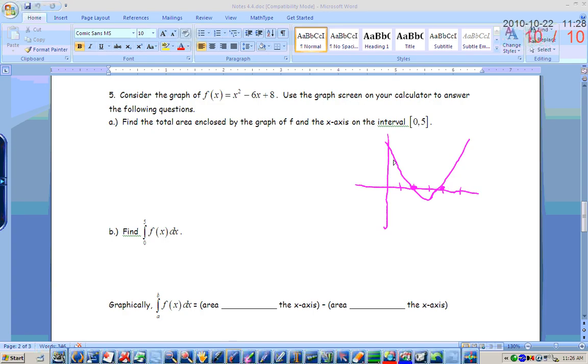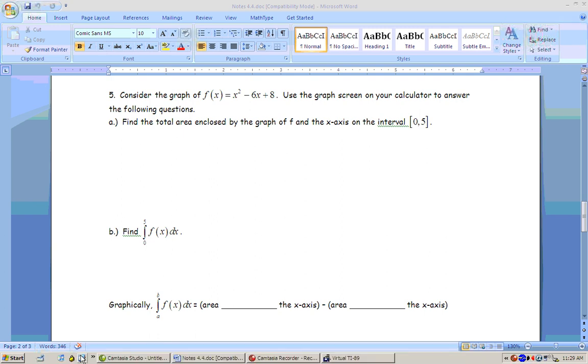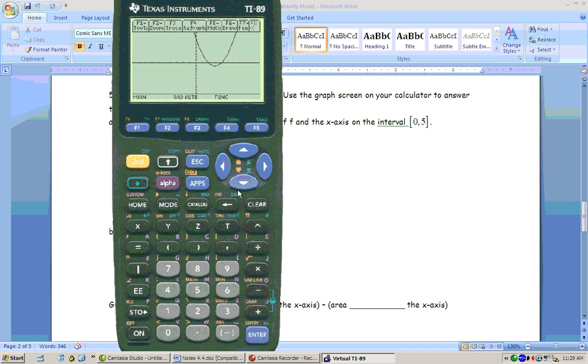So the directions say to find the total area that's enclosed by this graph and the x-axis between 0 and 5. So that means that I've got this little segment right here, that little segment, and then this little segment right here. But I'm looking for the area that's enclosed by the graph and the x-axis. So it's okay that it's below the x-axis. But I'm going to show you what happens to the integral when the graph is below the x-axis. So what I can do, and it says to do this on the graph screen, if you go back to your calculator, and on the graph screen, if you go